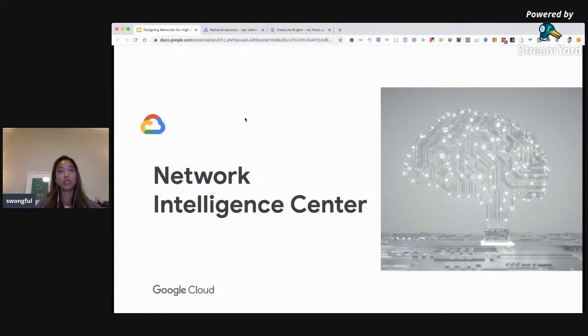So just to switch topics just a little bit into the visibility realm, this is something that I wanted to introduce because Network Intelligence Center is something we came out with just within the last year. And it's pretty exciting because I think this is a huge differentiator for Google Cloud. What it is, it's a comprehensive monitoring, visibility, and optimization tool. It uses AI and ML infrastructure capability, and it's kind of meant to make your migration from either on-prem or from cloud to cloud a lot easier by giving you visibility across your environments, whether that's hybrid or across multiple clouds, and give you a little bit more insight so you can plan your network topologies better.